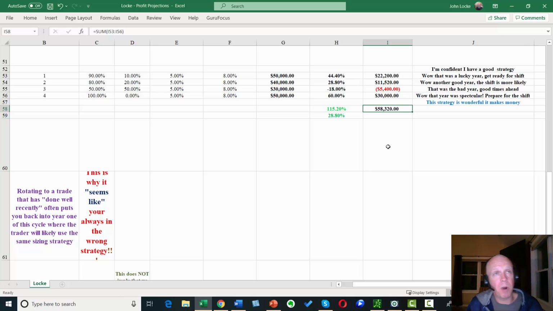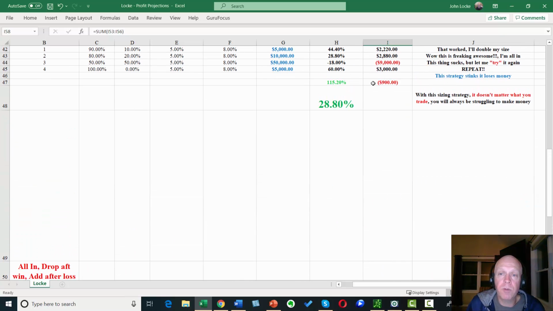It's very, very powerful. But the problem is, you want to make sure you take away, if you're this person and you've lost $900 in 4 years of trading, the important part is to understand why you're down $900 and understand and get the proper perspective, because this is not a trading strategy problem, right? This is a trading strategy that worked out fantastic. It made 115% over 4 years. That's wonderful. It only lost $900 because of your position sizing strategy. That being the case, it doesn't matter what strategy you're in. You're going to have trouble making money. All right, so that's extremely, extremely important.